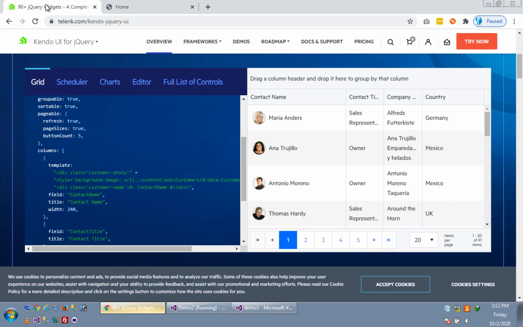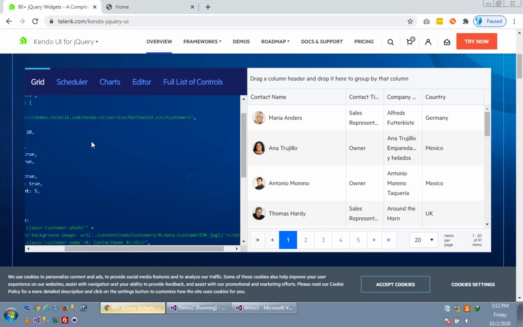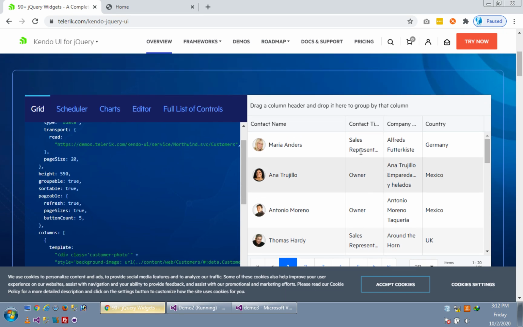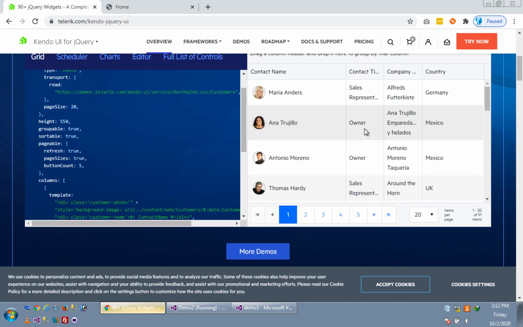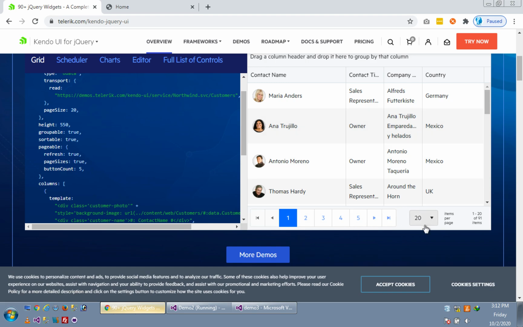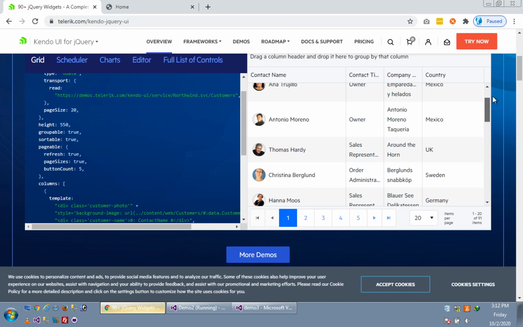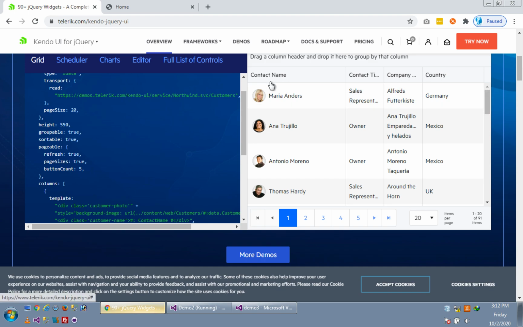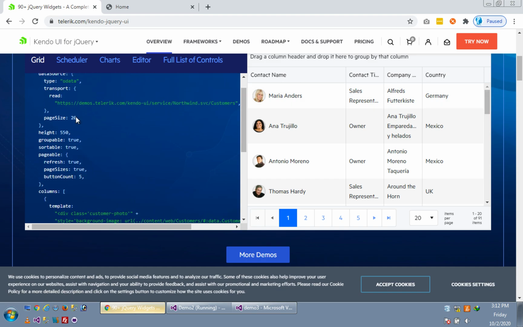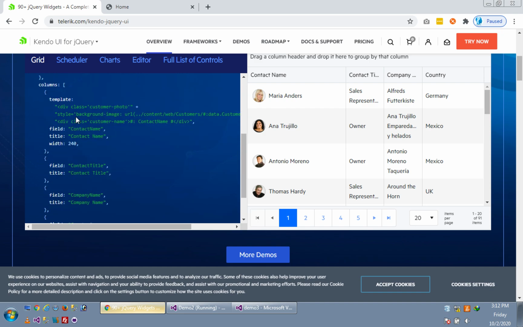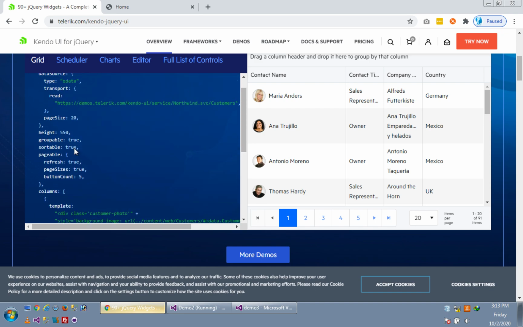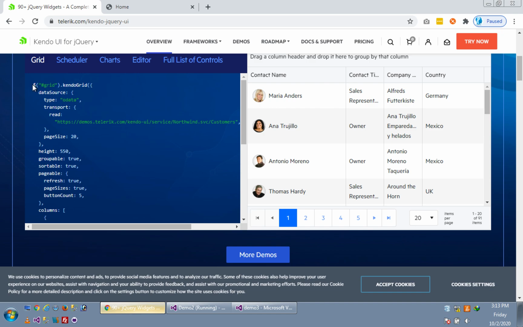Now I am showing you how we will create the Kendo UI grid. This is the example of a Kendo UI grid. Can you see it? It has so many functionalities like pagination, and how many records per page. So there are many functionalities available for us in the grid. This is the Kendo UI simple grid, and this is the code for generating this kind of grid. First of all, we have to create one div with id grid, so we can access it like this. I am just copying this much portion.